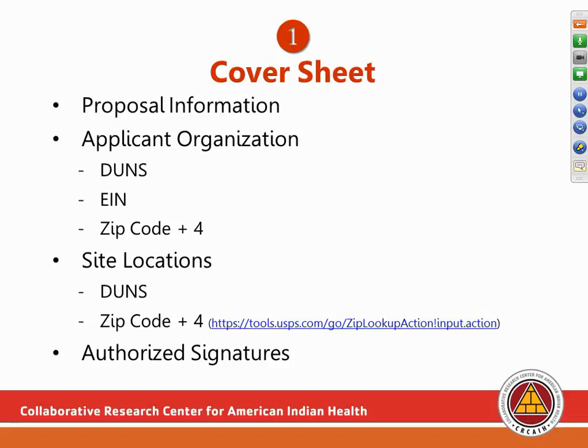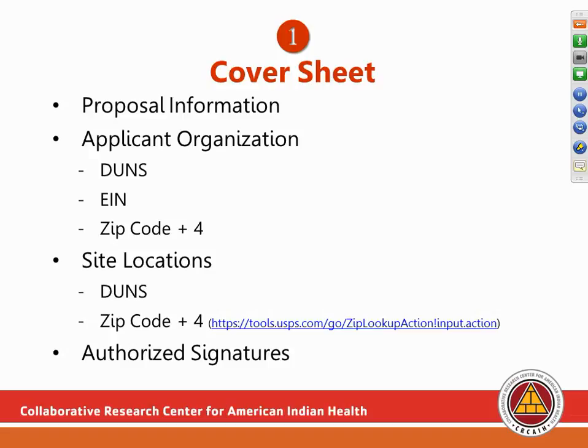The principal investigator is the project leader who is the primary person responsible for the administrative, fiscal, and scientific conduct of your project. A co-principal investigator, this is optional, but if you use it, there is more than one investigator who is responsible for the administrative, fiscal, and scientific conduct of the project.